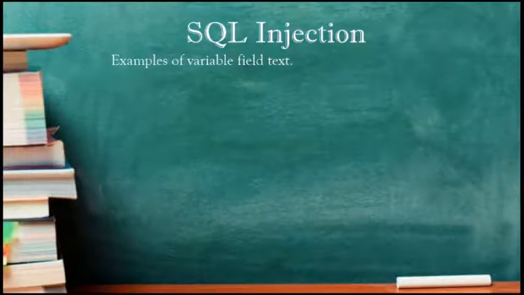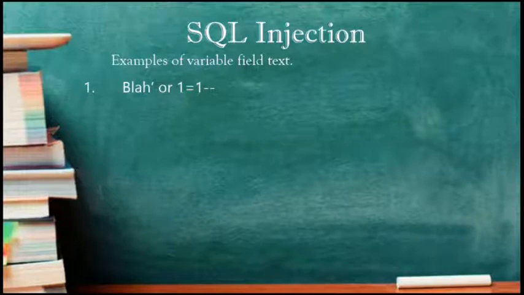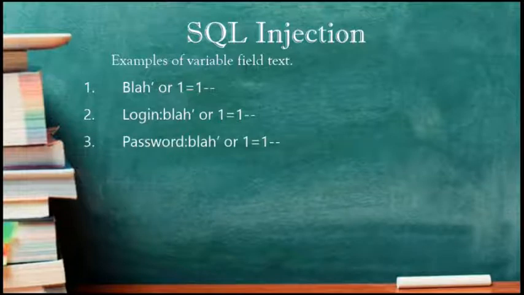Here are a few examples of variable field text. The first one: BLAH, single quote, or 1 equal to 1, then double slash. So for login, BLAH, then single quote, or 1 equal to 1, underscore. So for password, again the same,